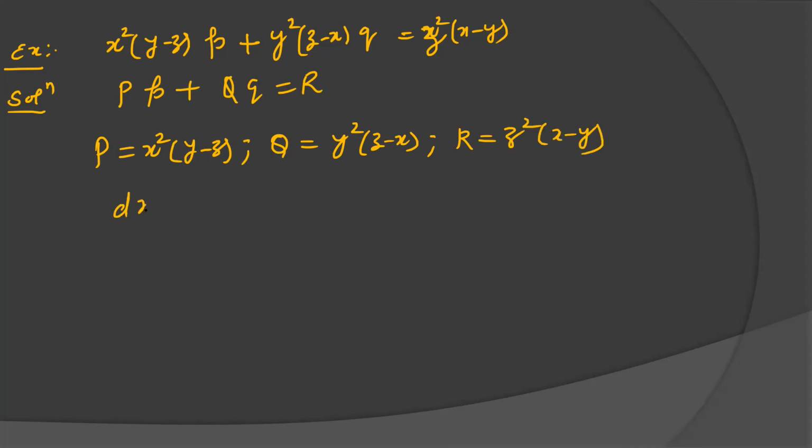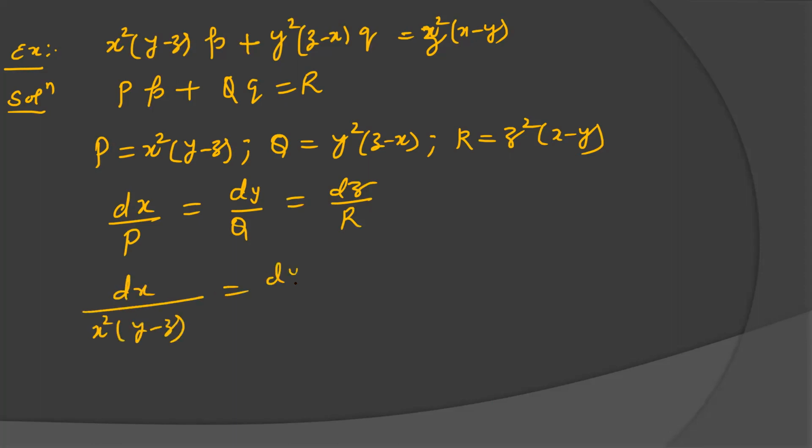Now write in the fractions: dx by capital P equal to dy over capital Q equal to dz over capital R. So it will be dx over x square (y minus z), dy over y square (z minus x), dz over z square (x minus y). Now we cannot separate the variables and even the factors are not going to be cancelled out. In the first example, variables are separating. In the second example, some variables are cancelled out on both sides and separation of variables is useful. In this problem, the methods of the first and second examples are not working. So what will we do now?